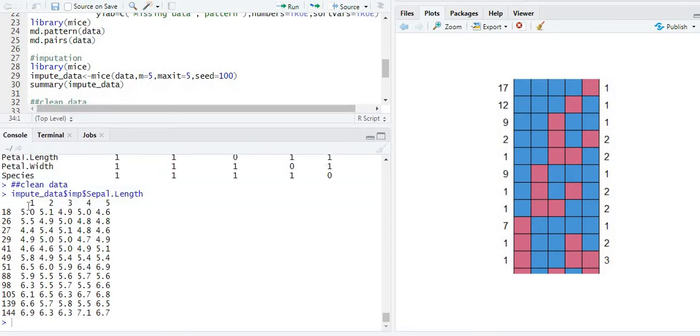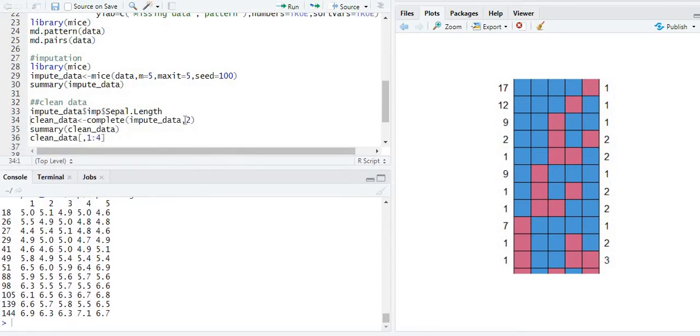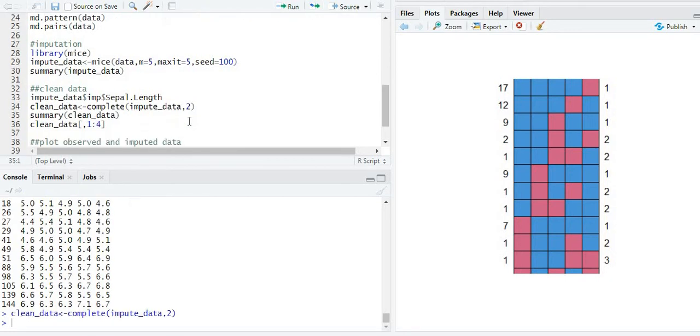So we can choose any one imputation. We have 5 imputations. This is the first, and this is the second, and so on. We can choose any imputation. So here we choose the second imputation randomly. That's why we put 2 here. We can choose any of the 5 imputations. So I choose 2 here. You can choose anything else as per the accuracy of your model. You can change it. So let's execute our command line.